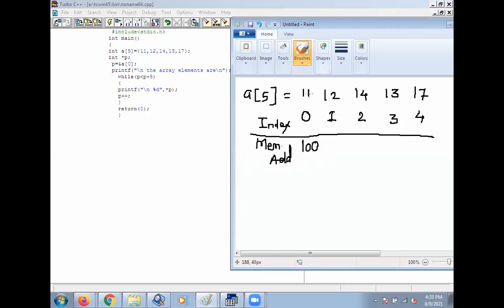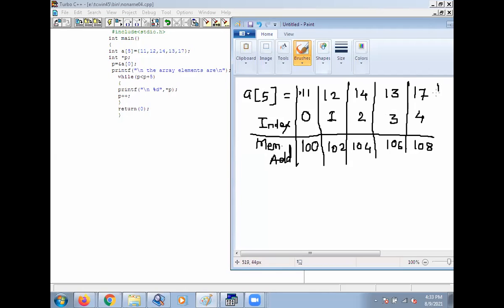Then these integers require 2 bytes. So the next element is stored at address 102. Then the next element is stored at address 104. The next element is stored at address 106, and the last element is stored at address 108.